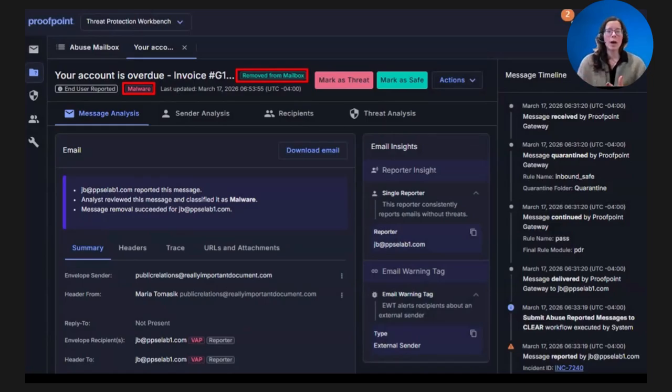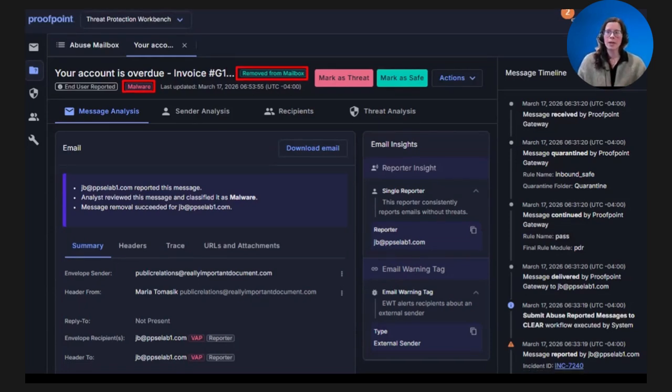After I execute that workflow within Threat Protection Workbench, you'll notice that the tagging has changed. Yet again, these labels are dynamic. They are meant to make it easy to reference and easy to see what the current status of the message is. So the disposition has changed to malware to reflect my assessment of the message. And we see that the message was successfully removed from the mailbox. So anyone else coming in and taking a look at the message will see the current status and the action that I took